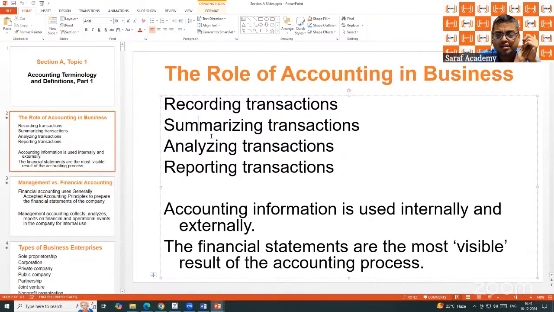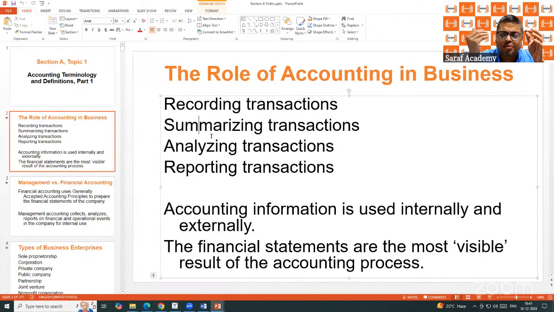That is recording. Summarizing, maybe at the end of the day, maybe end of the week, maybe at fortnight end, monthly end summary. How much purchase happened in the whole period, which material was purchased, how much quantity purchased, that is the summary. Analyzing means purchase is more than last period, less than the last period, which material purchased more. Analyzing, where something is going wrong, what is going right.